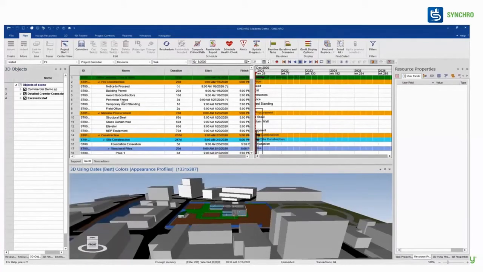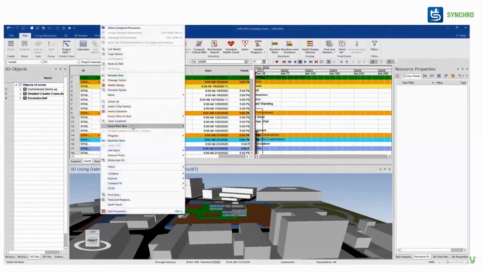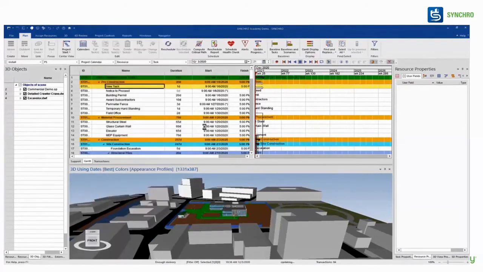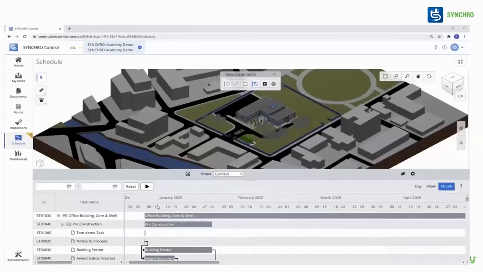So what is happening here? When he changes that in the planning phase, let's say I am just inserting one task above and mentioning maybe a demo task to be held over here, and giving it a day. The same task is updated over here online. So the tomorrow demo task, which you have given a 1-day timeline, has been updated. So I, as a project manager, do not have to install heavy software in Synchro. From a browser, I can understand and give an instruction to the planner.